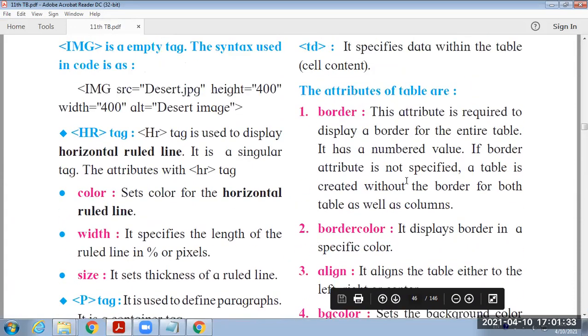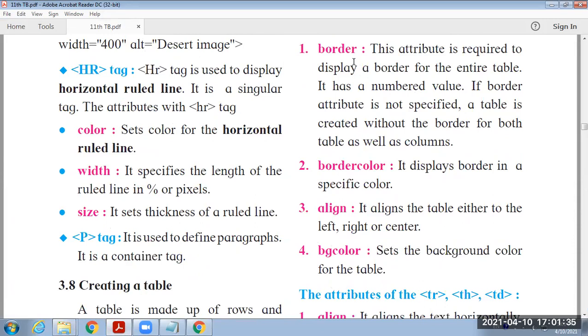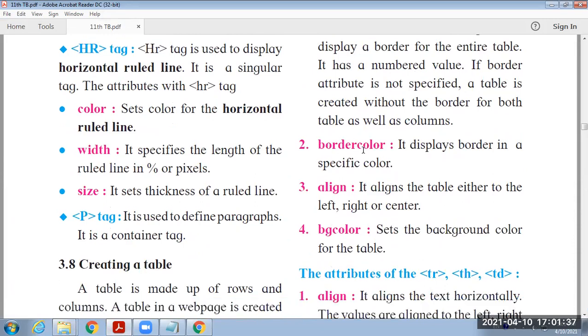This table has different attributes, just like border, we have seen it. Then other attributes are border color, which will display the border color for the table. Then alignment, whether it is at the left, right, or center, and background color for the table. Now let's use all these attributes one by one.